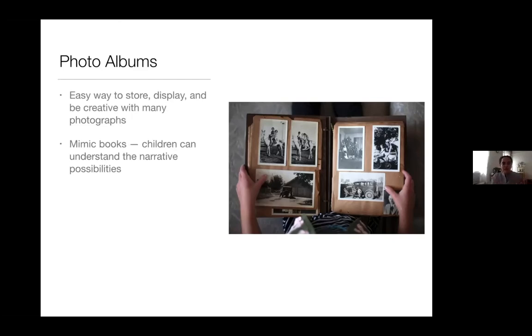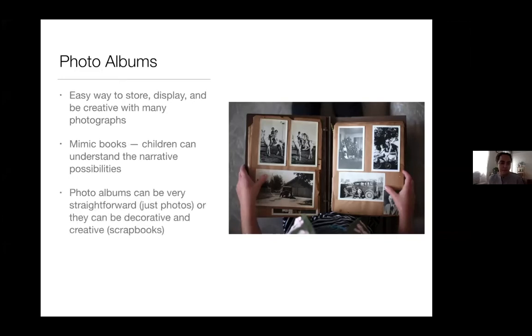It reminds them of these things that they're engaging with anyway. You know, picture books they're reading, they understand the idea of a story. So it translates really well for a child to just pick up a photo album and just start flipping through it, and they understand that it's like a story. I think that it really generates a creativity and an excitement and a curiosity because in some ways it's very familiar.